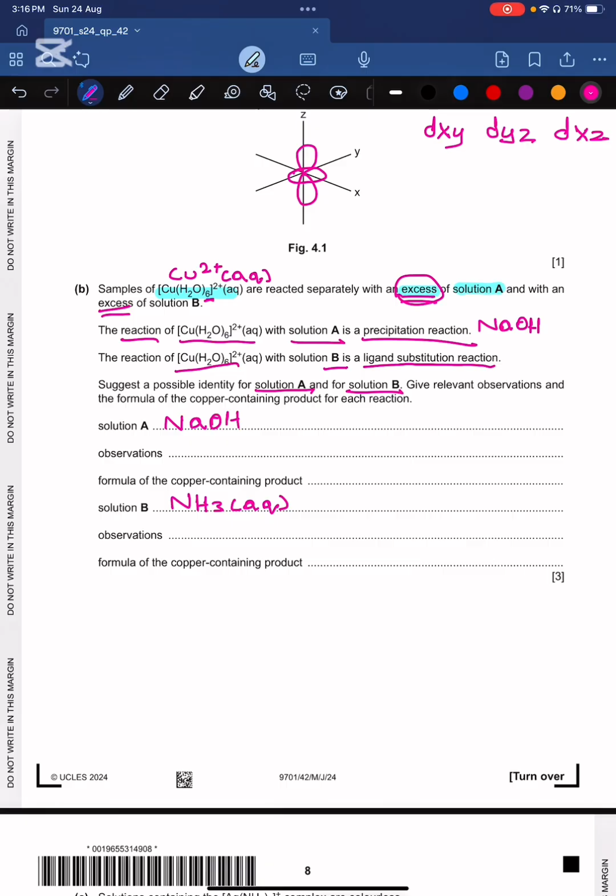Okay. What are the observations when Cu2+ aqueous reacts with an excess of aqueous sodium hydroxide? A pale blue precipitate is formed. These are things which you need to remember and do not require any scientific explanation. They're simple things that we need to remember in order to answer. What is the formula of the copper-containing product? You could write it as Cu(OH)2,